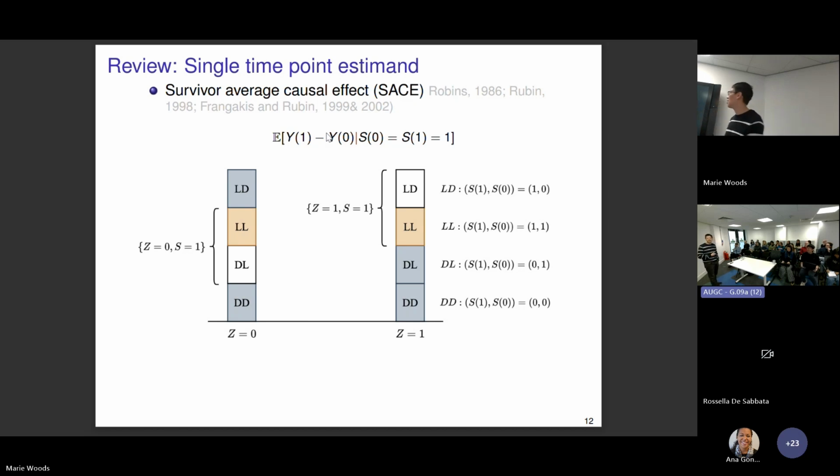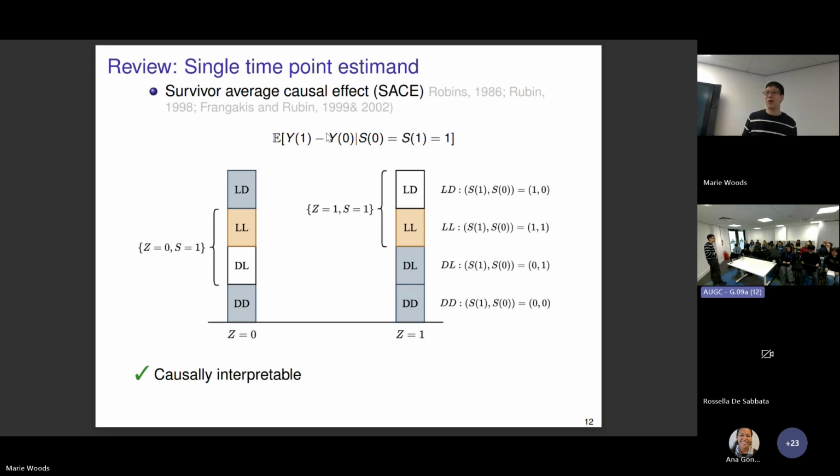This is the only thing that you can look at. If you want to compare Y1 and Y0, you need both of them to be well defined. And for both of them to be well defined, you need both S1 and S0 to be 1. Okay, so in the causal inference community, there's a consensus that we should look at this estimate. While after 30 or 40 years, if you go to practitioners and ask them what they do in practice, 99% of them will still do the naive estimate I just showed you previously.